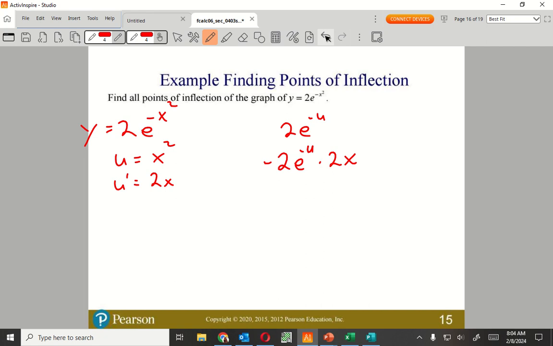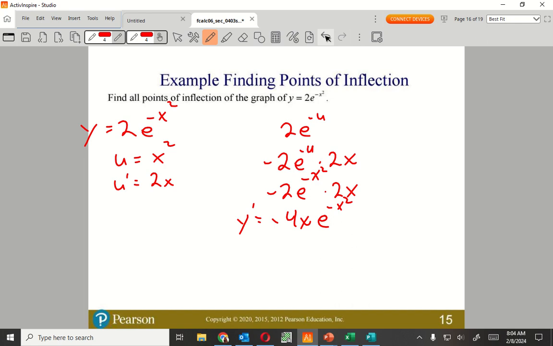Okay, then put it back. So it's going to be negative 2e to the negative x squared times 2x. So I can put all those back together. So it's going to be a negative 4x e to the negative x squared. That's my first derivative, right? That's my first derivative. And second derivative is going to have,